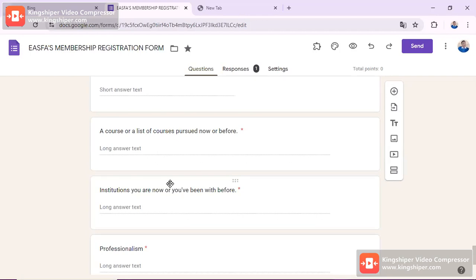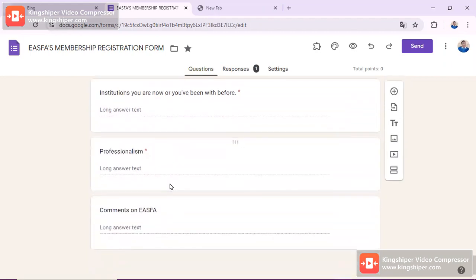Let's say, for example, you are a PhD holder, that is the course you are taking now, since a PhD is just a short abbreviation of the doctorate of philosophy. And then you might give even an institution that you attended while pursuing your master's and maybe even the undergraduate level. From there, you might also show your professionalism.